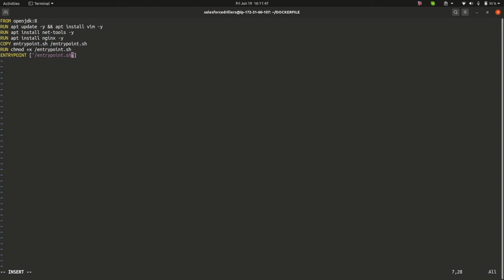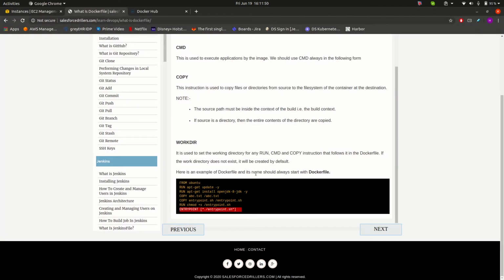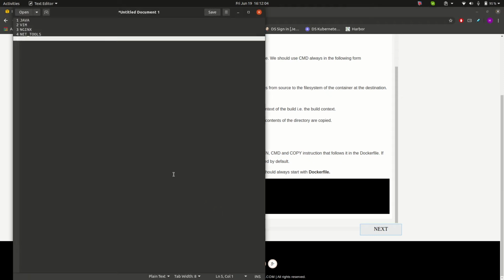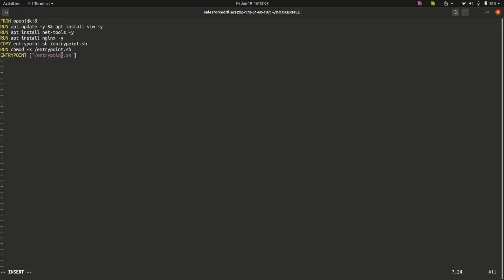Yes, if you have a look at the documentation on the website, it shows that from this base image you want to install or update and copy, then permissions and entry point. So all these things are done over here, as you can see. Okay, so now let me just recall it again.